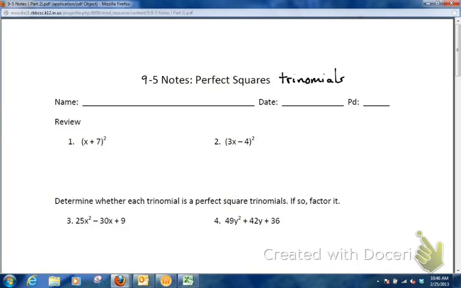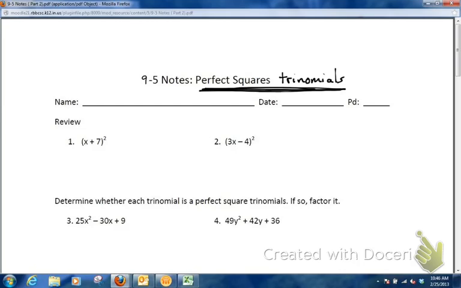Okay guys, here's the last video lesson for Unit 9. This is our second video for 9.5. This is called Perfect Square Trinomials. So perfect square trinomials we actually sort of discussed in the last section, and that's what we're going to start